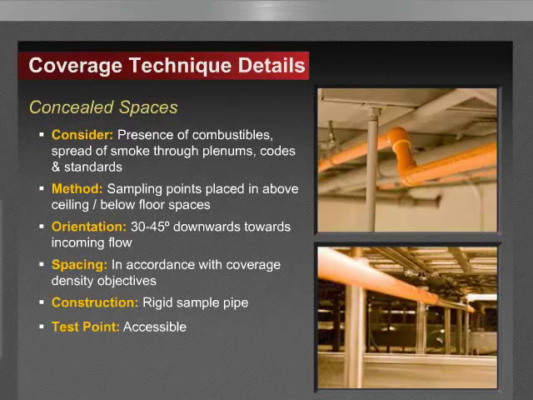And construction is typically accomplished using a rigid 3/4 inch sampling pipe supported every 5 feet and labeled in accordance with NFPA 72. So in spaces classified as plenums, we've got to ensure that all materials are approved and listed for plenum use. And again, a test point is generally brought out to an accessible location. This generally means bringing that test point above finished floor for ease of access for benchmark testing and inspection.